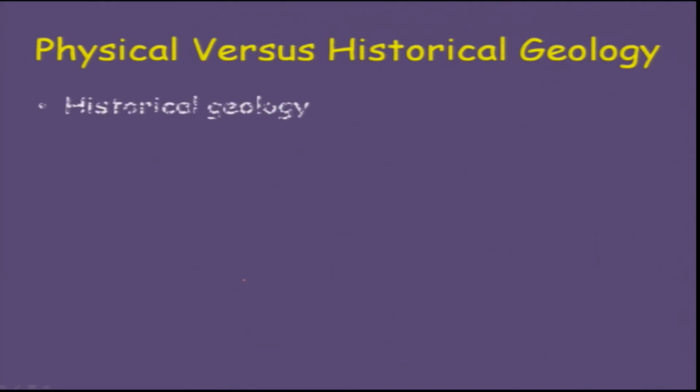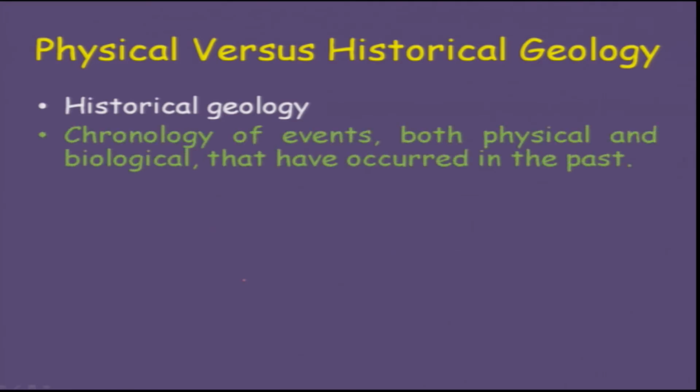So they try to look at the physical versus historical geology. That is, the chronology of events, because, as I told you, there are particular periods where there was an extinction, for example in the Jurassic we talk about the extinction of dinosaurs. So what was that event? Why did that species go extinct? It was because of massive volcanic eruptions. So whether there were events that drastically affected the species so that they went extinct, those can be studied and a chronological order can be built up in that way.